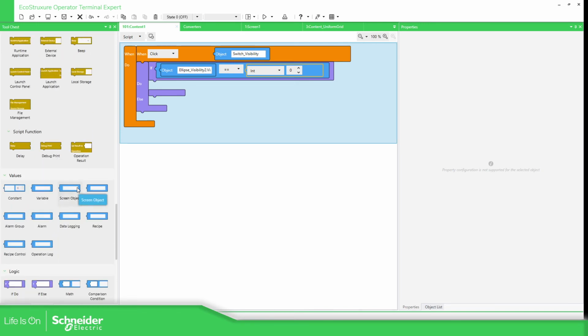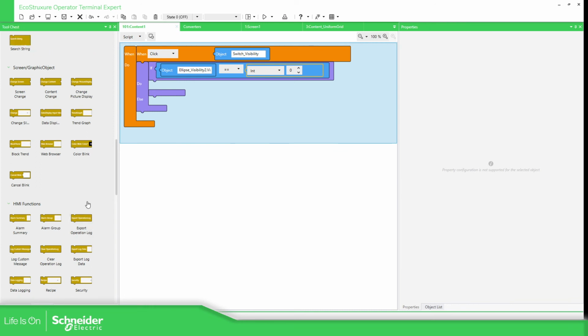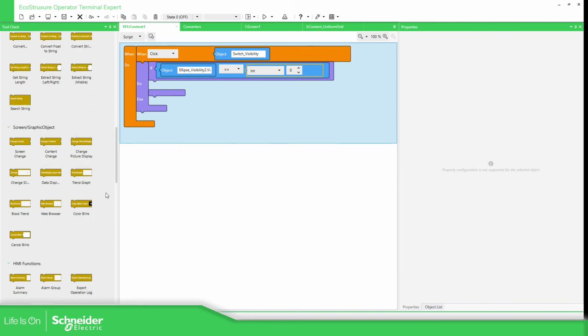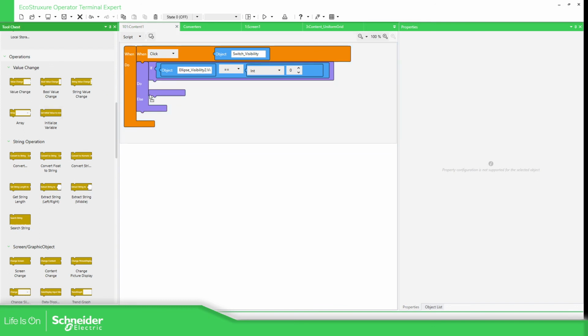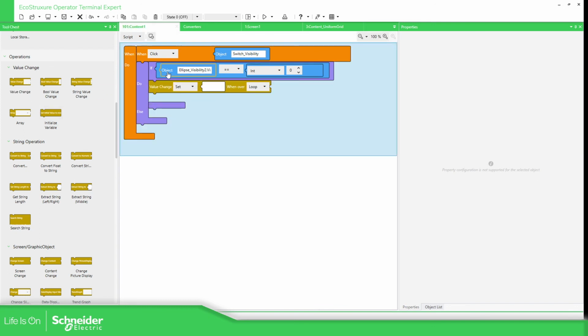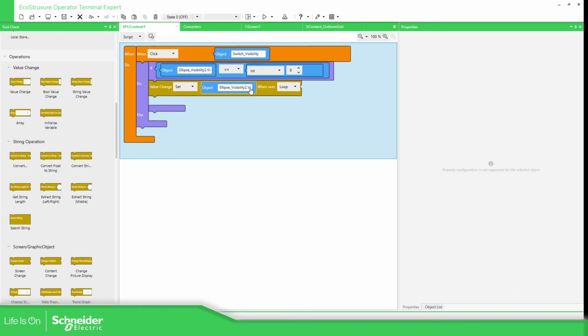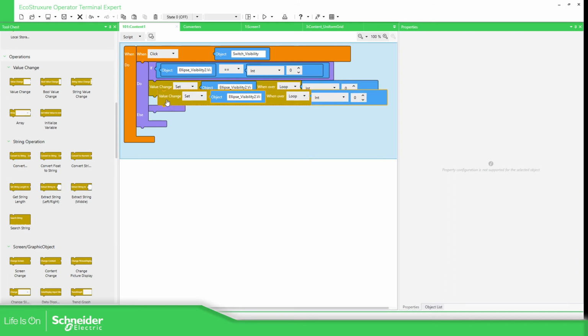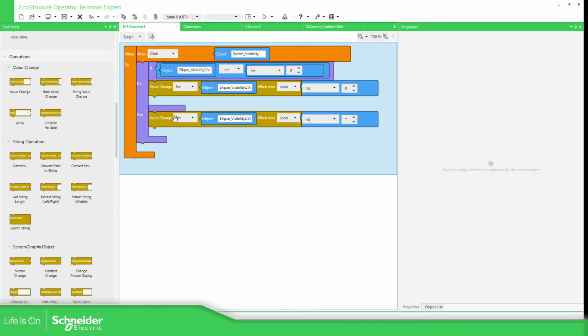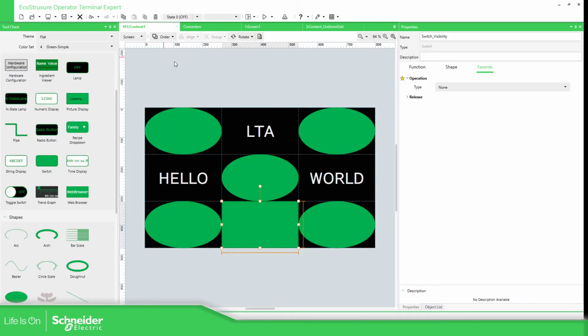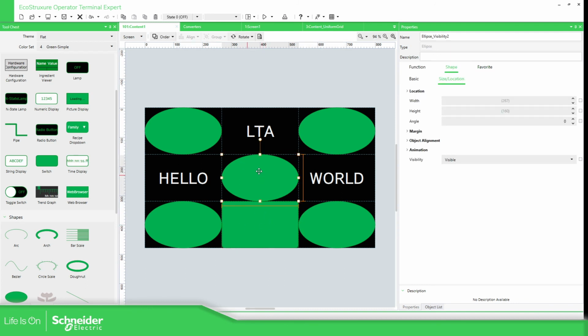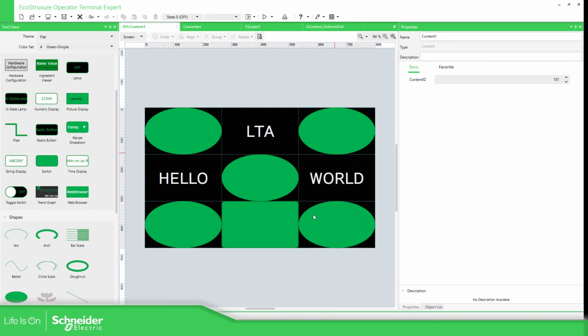Let me just find the value change here. I'm going to change the value of this object, the visibility property, because I'm accessing it directly, to be hidden. And if it's hidden, it's going to be visible again. I believe this should be working fine. So let's go to the screen. Every time I press this, it's going to change the visibility of this object that I have here. So if I simulate,